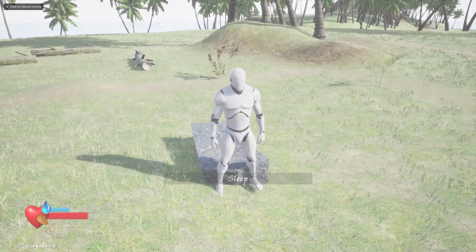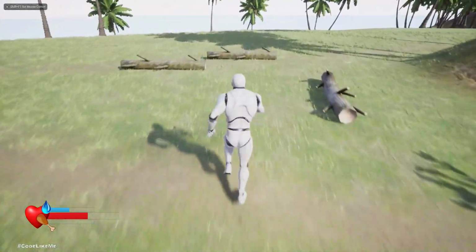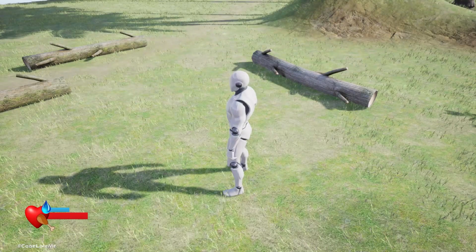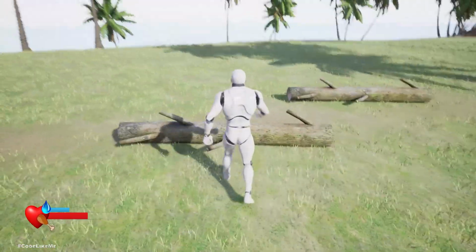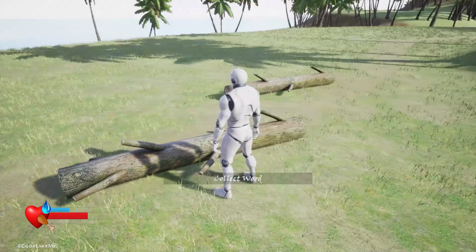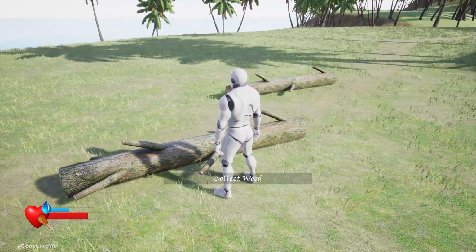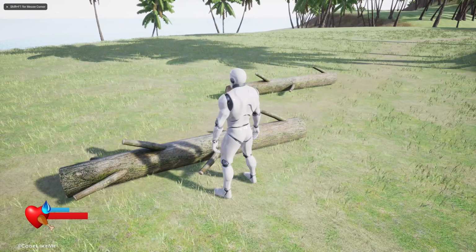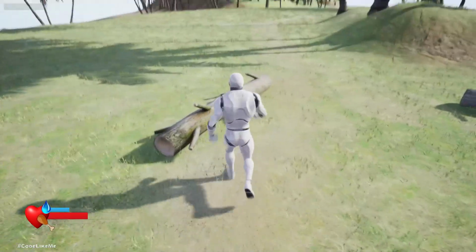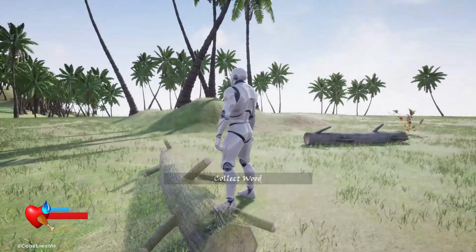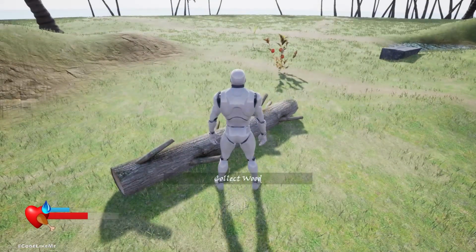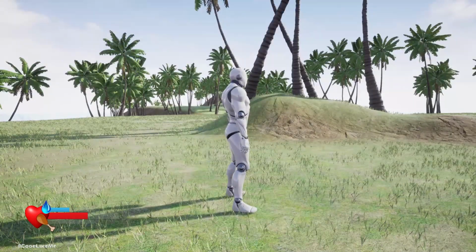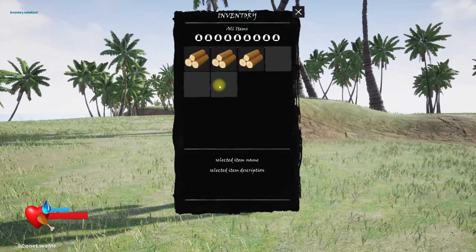Hello everyone. So today I'm going to show you how to create these collectible wood objects. We can go near these wood trunks, and at the moment I don't have anything in the inventory, and when I press E I can collect them, like this. And now when I go back to the inventory, I have 3 wood